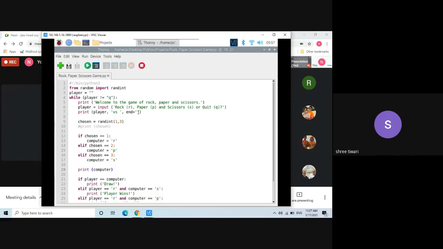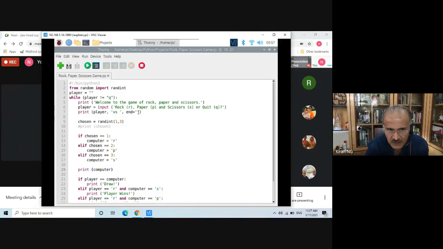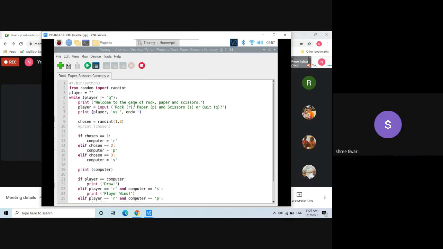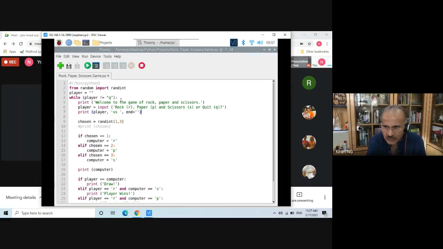So sir, after that process we insert the print computer also in that statement. But how will both of them get in the same line? So sir, after that end equals to, will she put computer that? Anybody else?